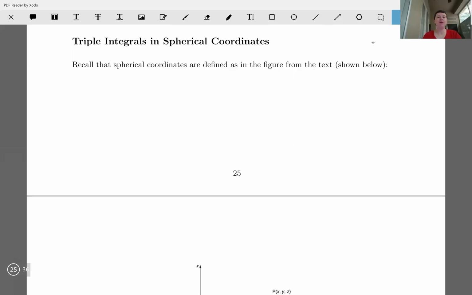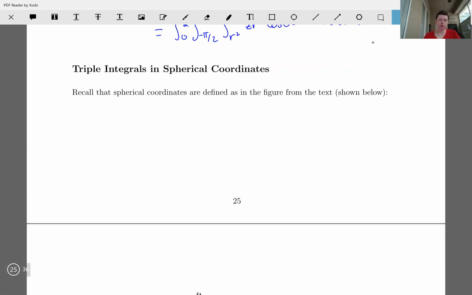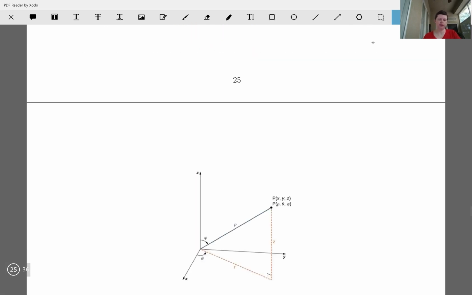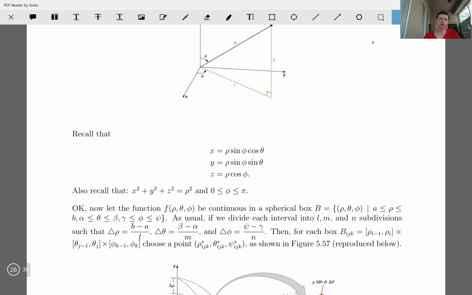And now the moment we've been waiting for, or not: triple integrals in spherical coordinates. As a quick reminder, recall spherical coordinates are defined from this figure here, and I've put them in your notes as a reminder. x equals rho sine phi cos theta, y equals rho sine phi sine theta, and z is rho cosine phi. Remember that x squared plus y squared plus z squared is equal to rho squared, and phi is between 0